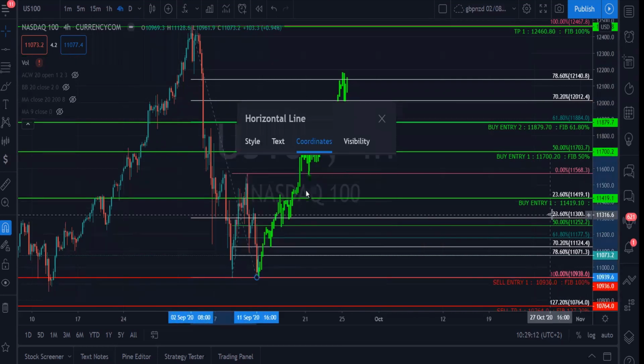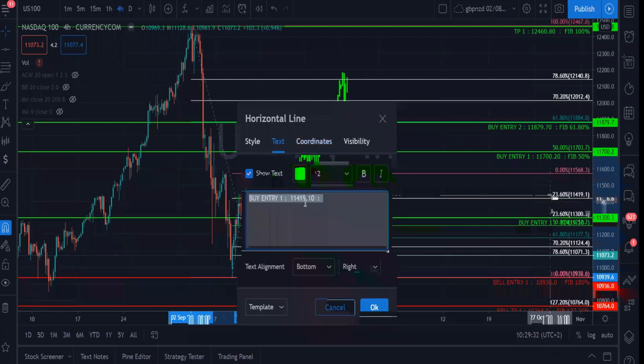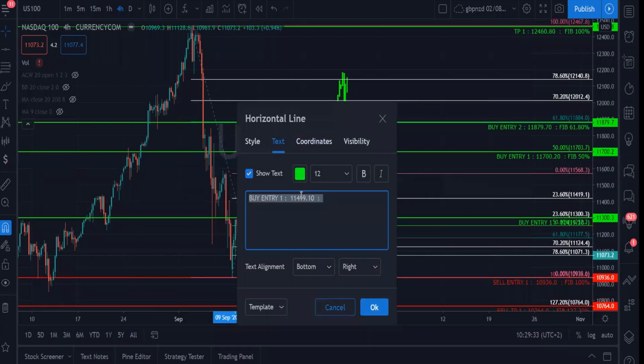11,300.30. So this trade here will give us the maximum profit. Because it seems like you, just like me, love buy entries, right? Yes, buy entries. I'm more interested in buying Nasdaq. 11,300.30. And how we came to that, let's do it at